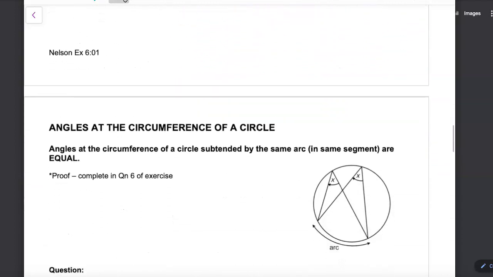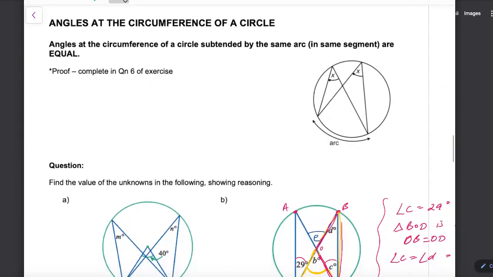Let's have a look at another theorem. Angles on the circumference of a circle subtended by the same arc in the same segment are all equal. We're actually going to complete the proof of this in an exercise, question 6, so I'm not going to show you the proof right now. Basically it's saying that if we've got this arc through A and say D, in this minor arc, we've created these angles where the X is formed,